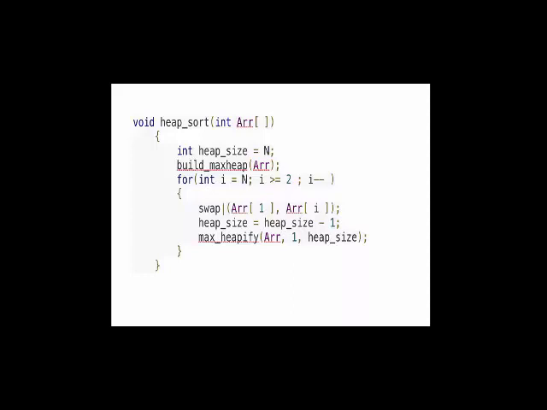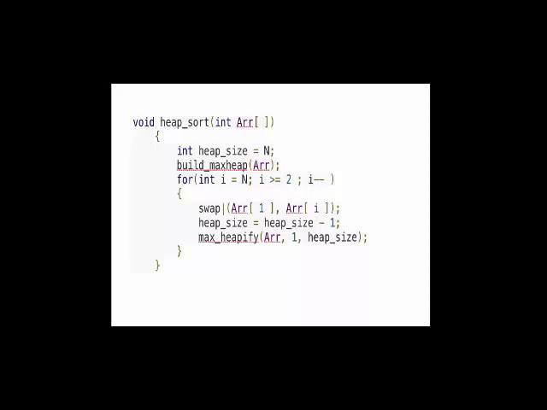So what happens in this build max heap function? The heap is constructed one by one, and whenever you insert a new element, check whether the heap is satisfying the max heap property or not. If it is not satisfying, reheapify, balance the heap, make it max heap, and once again start inserting. In that way, one element at a time, insert all the elements one after the other and build a max heap.